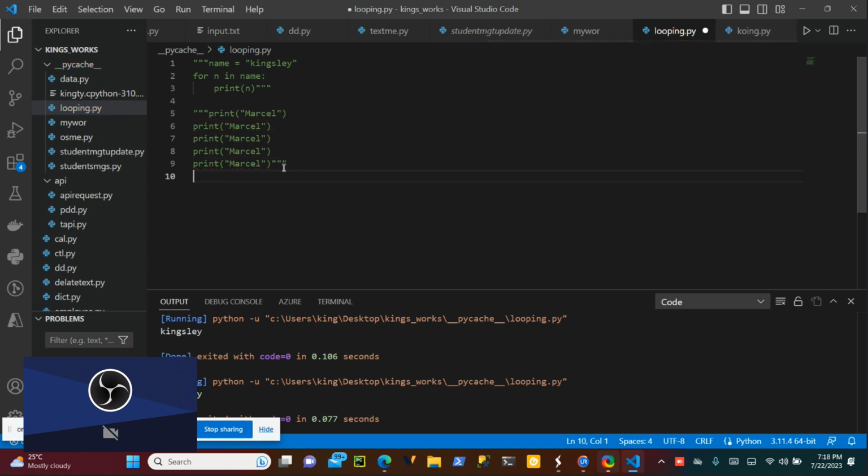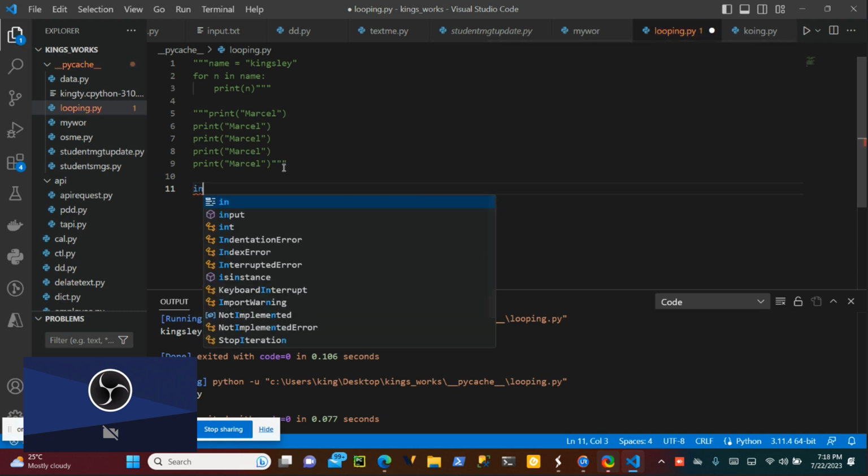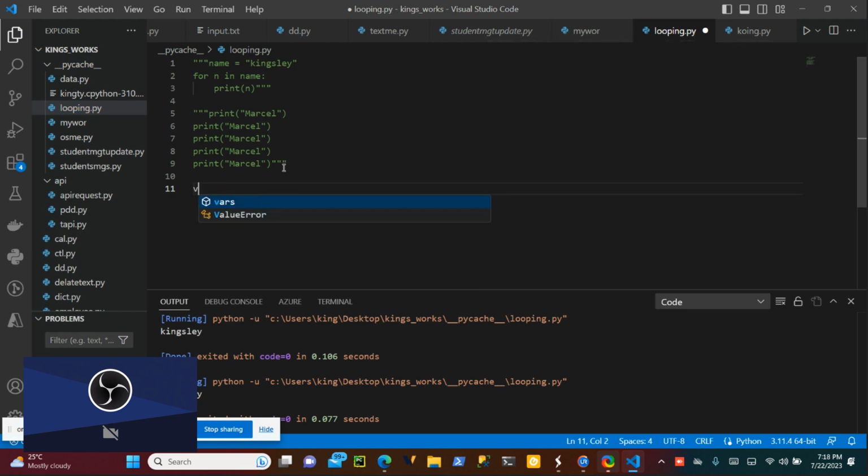So first thing is you have to have your initial value. Okay, so my initial value maybe is initial. I can give initial value, maybe start, that is where you want to start.